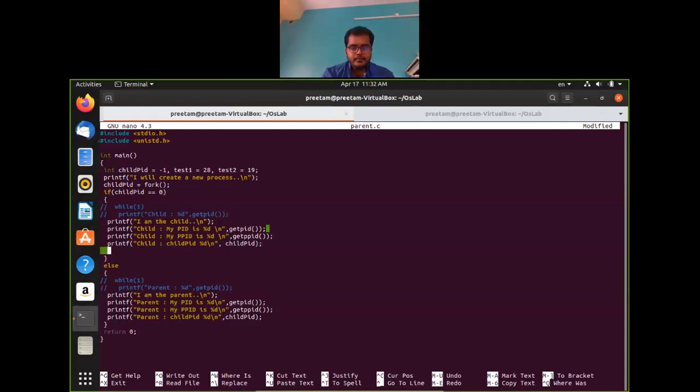So printf, from child we will now print the value of test1 and test2. So child test1 is equals to %d, comma, test2 is equals to %d.